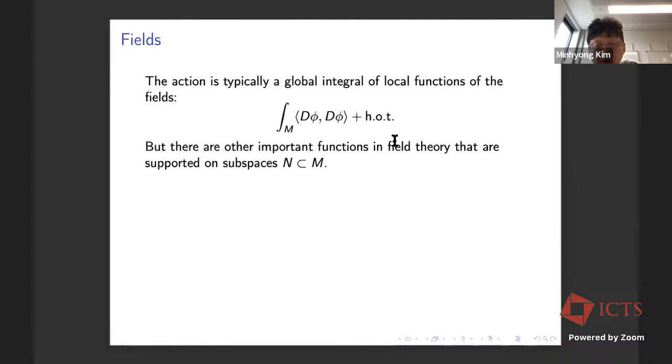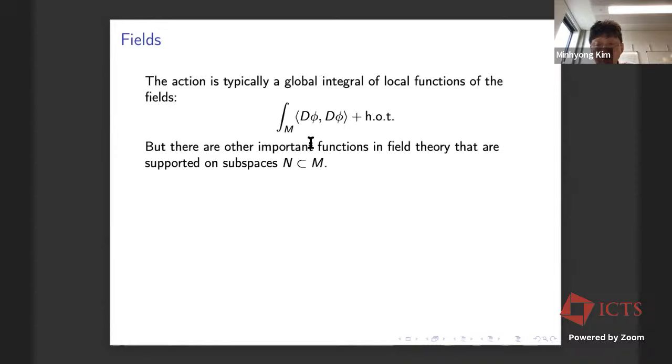But there are other functions in field theory, other functions of fields that are not as global as this. This really will depend on, of course, the way the field depends on. So typically you have a density that you integrate, and the density will be made of what people call local functions of the field. There's some pointwise function, the value of the field, derivative of the field at a point, and things like that. But then you integrate it. So that's what an action looks like.